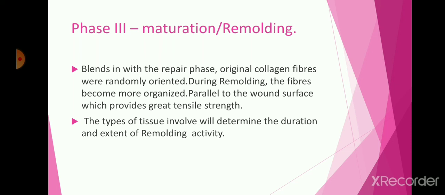So phase third, that is maturation and remodeling, blends in the repair phase. At the injury site, they start the repair phase and the original collagen fibers were randomly oriented. So during remodeling, the fibers become more organized and parallel to the wound surface, which provides great tensile strength. So at the injury site, type 3 collagen is replaced by the type 1 collagen to form the remodeling of the fibers, and these fibers become more organized. So type 1 collagen fiber is more organized and parallel to the wound surface, which provides the great tensile strength